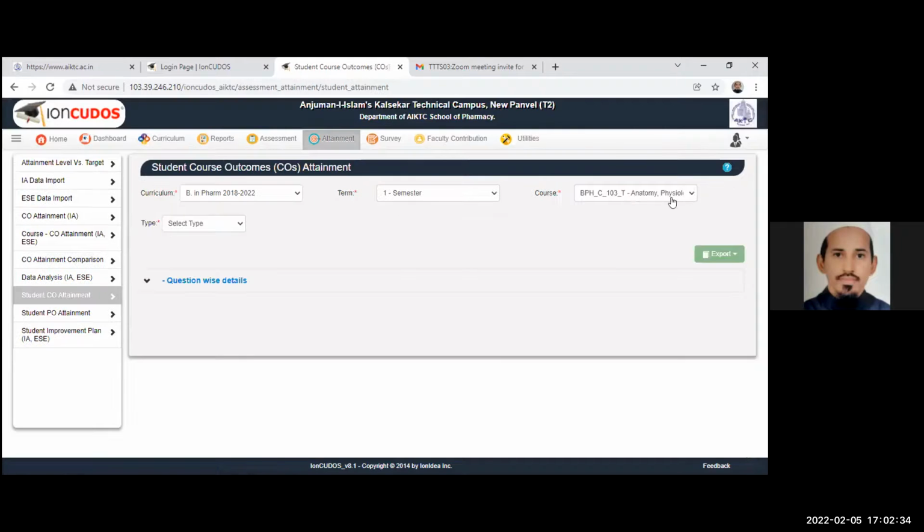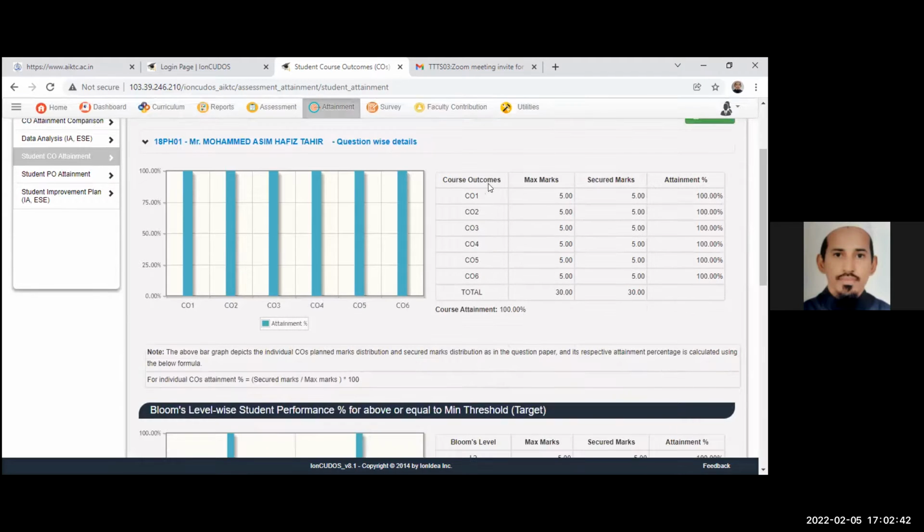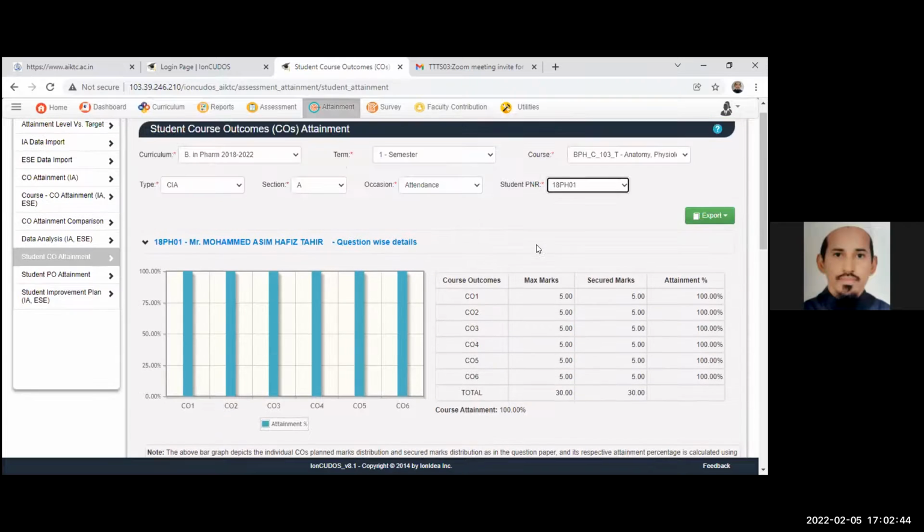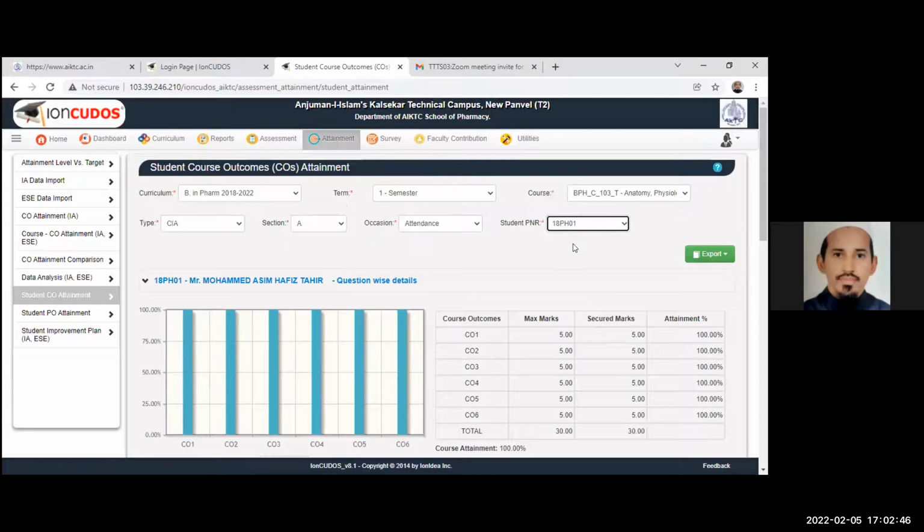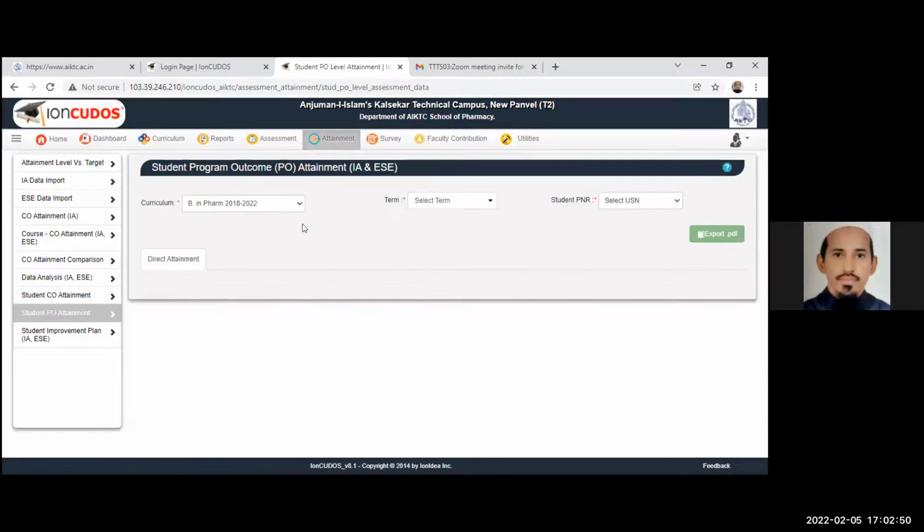So this is interesting. Like I have to do it for one student, section, attendance. Okay, so see, I can see the attainment of this student, roll number 18PS01. Okay, the student's PO attainment we can calculate here.